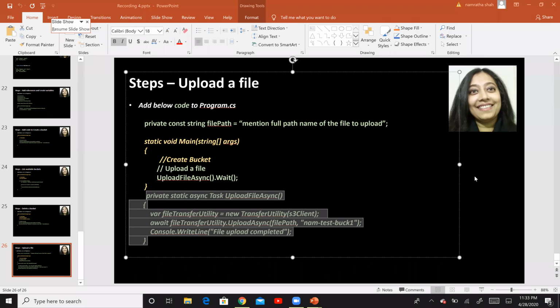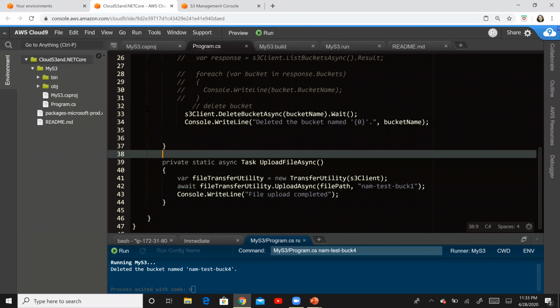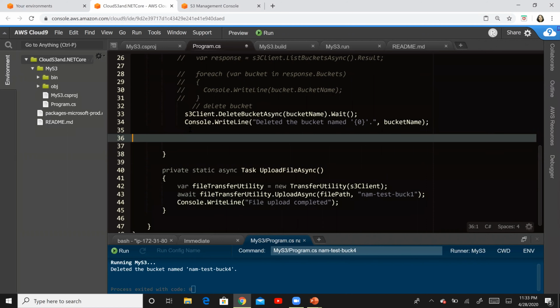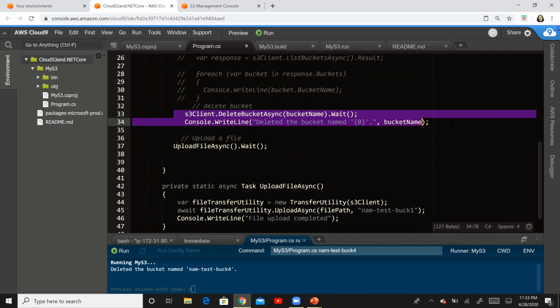Finally, what we need to do is go ahead and call our function. So I'm going to copy this piece of code and mention it right here. There you go. I'm going to go ahead and comment out this code for deleting files.